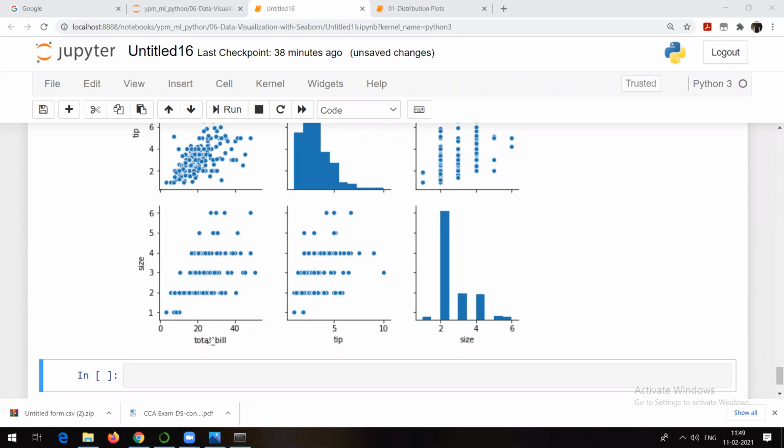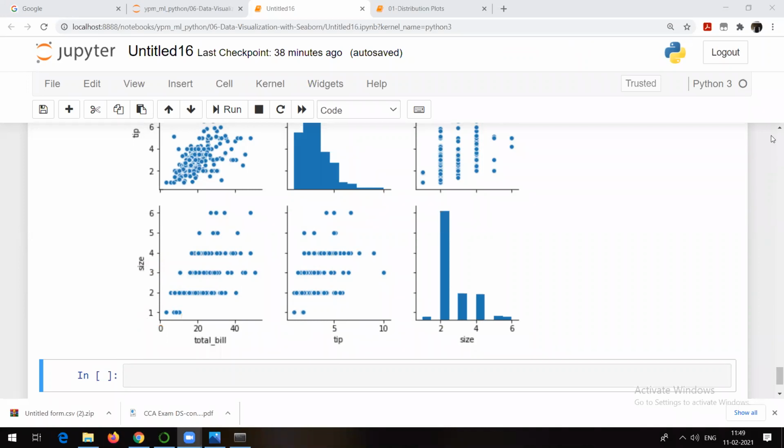Again, what you can interpret from this particular pair plot, total bill and size. If I want to see the relationship, you can see that if only one person is coming, obviously the total bill value is very less. If two people are coming, the total bill is highest, near to 40. Or we can notice that most of the time people prefer coming in groups, maybe as a couple or 3 or 4 people as a group. There are very few people who are coming as individuals. So that's the relationship between total bill and size. Similarly, size and tip. And similarly, size and size, the same column.